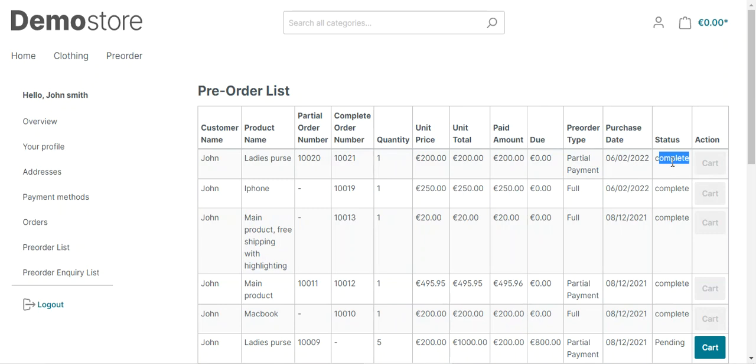So now after the payment has been completed by the customer in the partial payment type, the rest of the payment has been completed. After the product is back in stock, the customer will see the cart button being activated. After you made the complete payment, now the admin would be able to ship the particular pre-order product to the customer's address. So this was the workflow at the customer's end, and I hope it helped you out in understanding